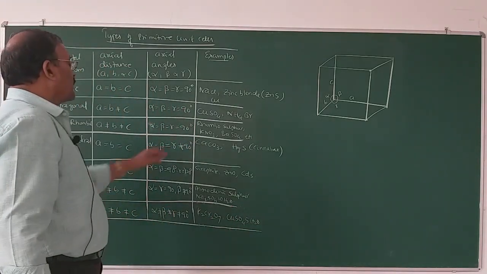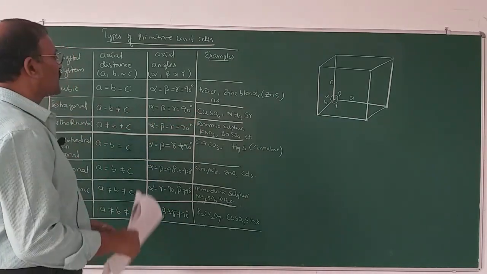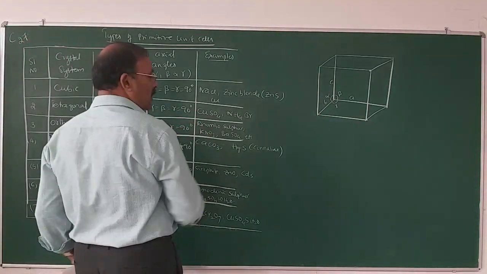Structure is triclinic, anhydrous copper sulfate is trigonal. So this is how